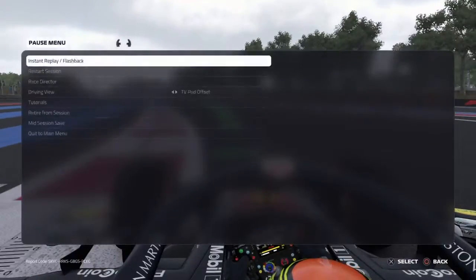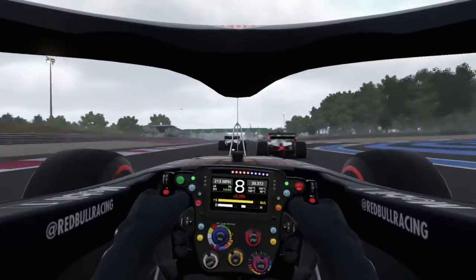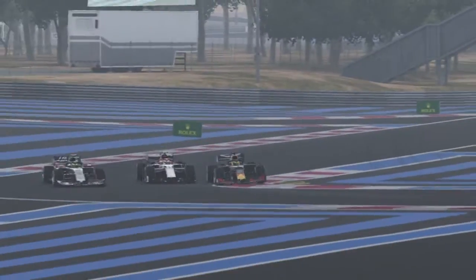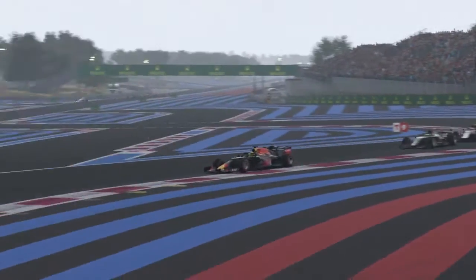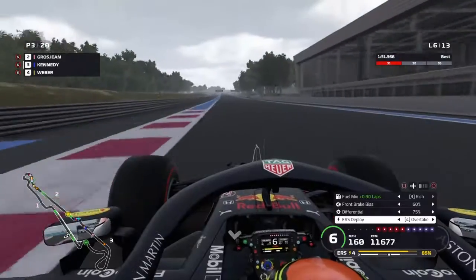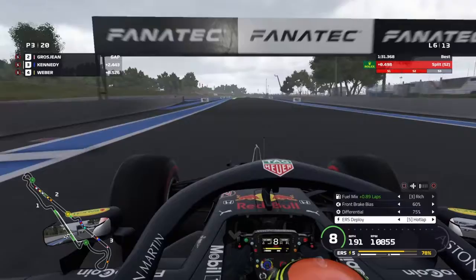Let's have a look at that again. Here we go now then. Right behind the Haas. Look at the speed. 230 miles an hour. We move to the inside. Vettel gets absolutely swamped. A little wheel bang, and we've got the move done in the end. Moving up into P3. Vettel caught off guard massively there, after Weber had a little battle with him, and now